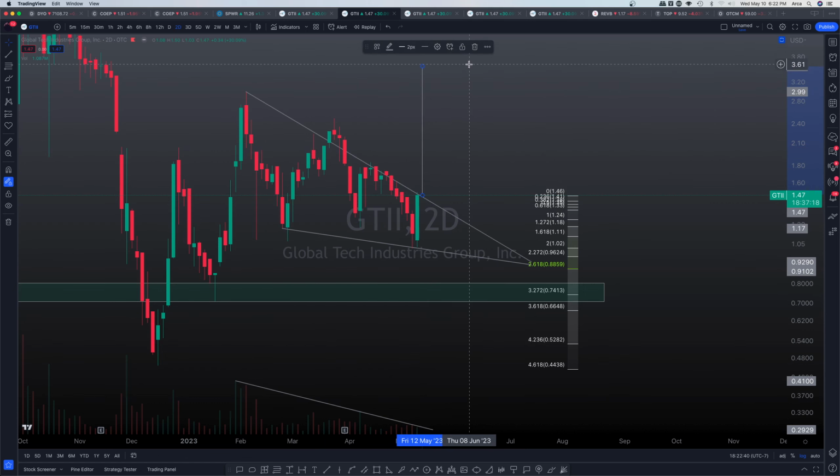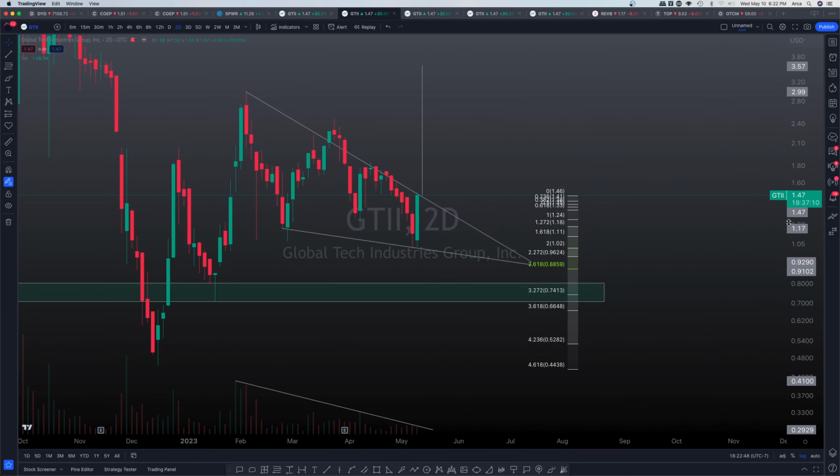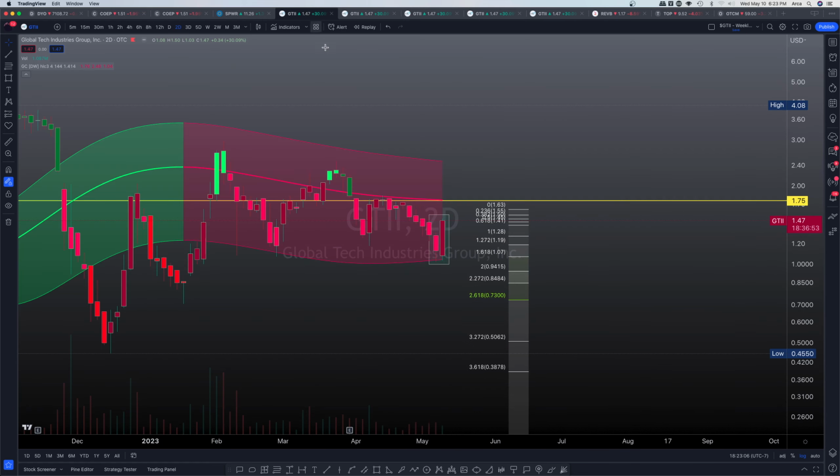So let's just go ahead and take a look at our top side target here. So please notice that we're actually going to 361, right? But if, let's say, that the effect of this candle still being closed actually has us break out from this zone here, then let's adjust our breakout to that zone there. And look where it takes us. We're being taken to about $3.72. Yes, sounds familiar, because